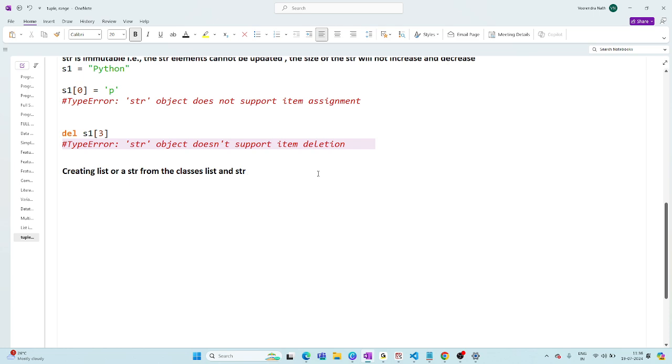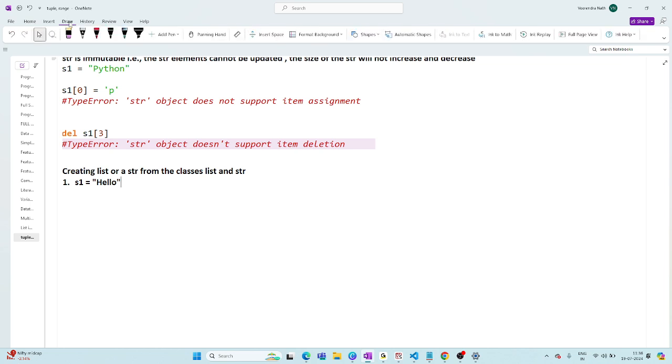Example: now I will say s1 is equal to club. How will the system look at it?